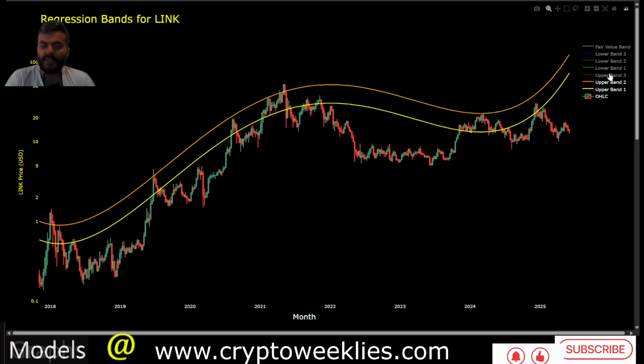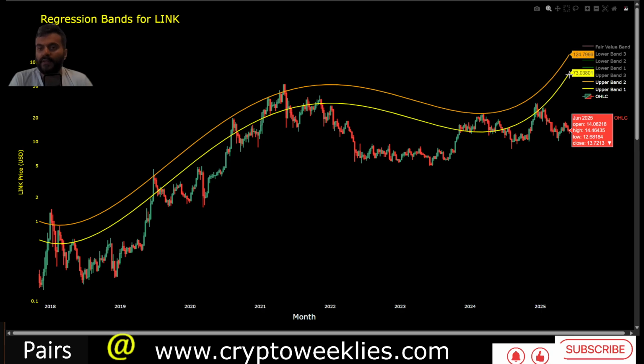Even this time, if we look at the market cycles and the maturity of the assets, going to that orange line becomes more and more difficult as the phases move on. So personally speaking, the high that I could rationalize is a midpoint between the yellow line and the orange line. There is a very low chance that the prices go to that orange line even in the euphoria phase per the regression model.